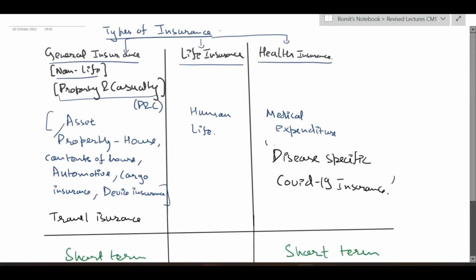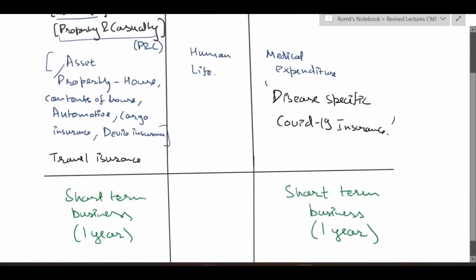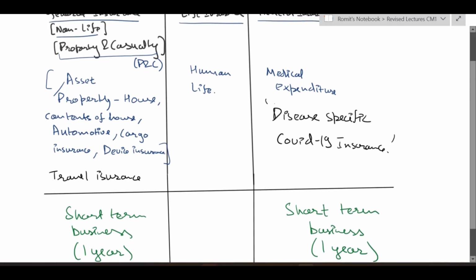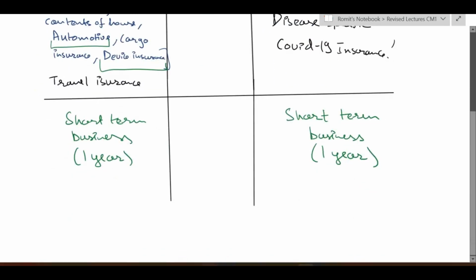So what a health insurer would tell you is that your medical expenses for a given year are covered by the health insurer for a given amount of premium that you pay to them. So the contract is supposed to be renewed annually, right? And a particular contract only pertains to 1 year, right? Similarly, for general insurance companies, whenever you buy non-life insurance related to, let's say, your vehicle, that is your car or your two-wheeler, or for your mobile phone, the contract is mostly only for 1 year. It can be longer, it can be slightly shorter, but at the end of the day, it's a short duration